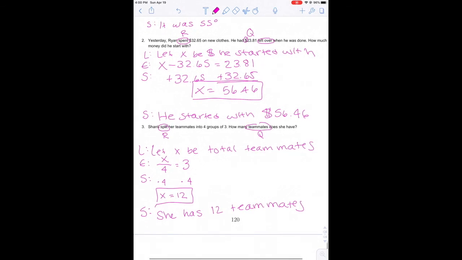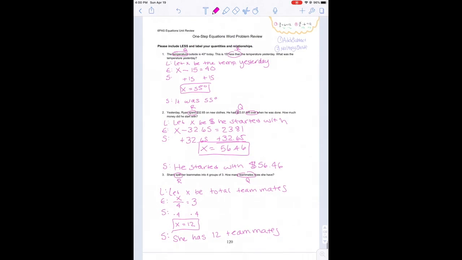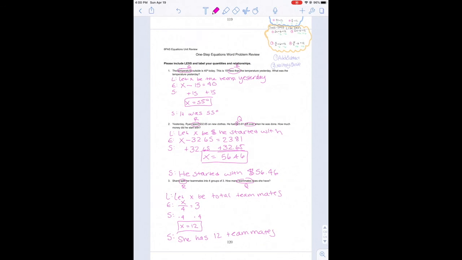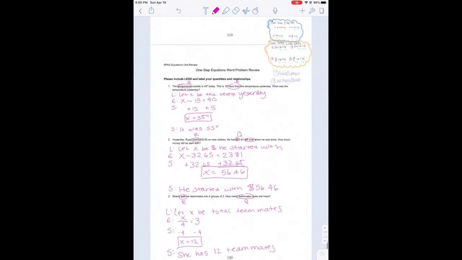Okay, so that is not the end of the assignment, but that's the end of what I'm going to show you guys. So please make sure you check what the rest of the assignment is. Complete the rest of the assignments. Use this section